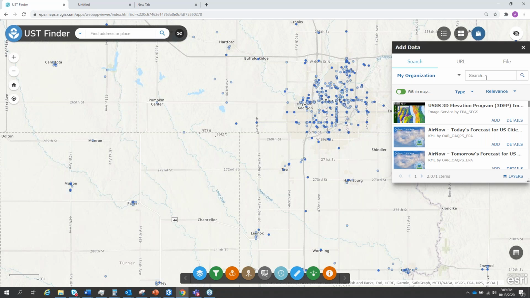Sorry, let me back up. If you have your own web map as an organization, or web mapping feature or system, you can search ArcGIS Online, type in UST Finder, then add it to your map. So if you have a map system that you like and that your organization or your state uses, you can just pull the data into that, or you can just download the spatial data and use it however you like. It's very flexible in how you can use it.